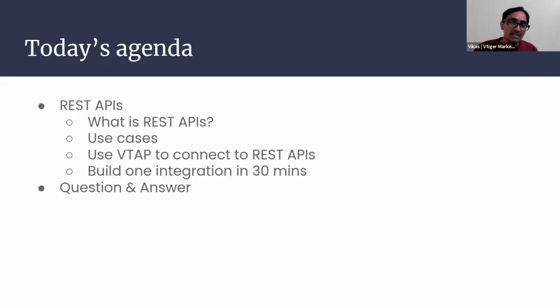So in terms of today's agenda for this webinar, what I'll be talking about is only REST APIs. We have a lot of other topics, but we'll just focus on this. What is a REST API? Some of the use cases where these APIs are used, how VTAP as a platform can connect to these APIs, and show you the integration, how we can build such an integration in 30 minutes. And at the end, we will have a session of question and answers where we will try and answer any